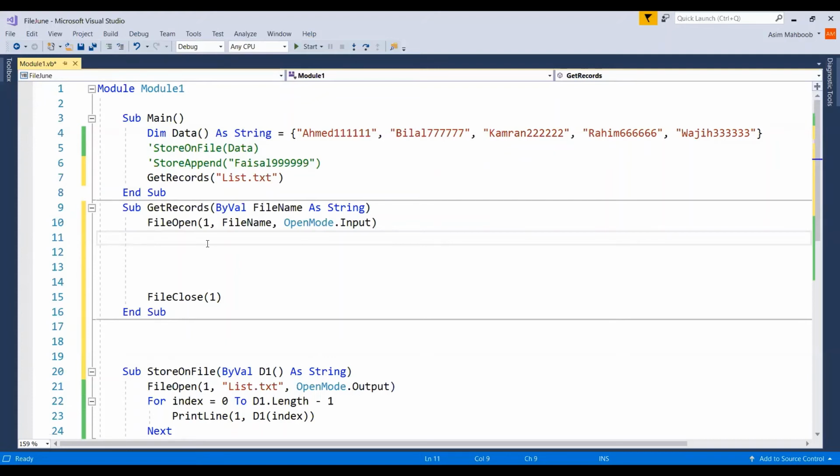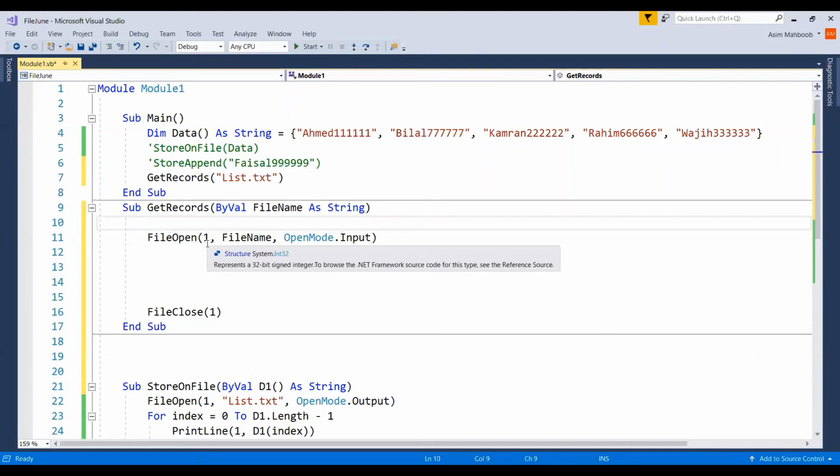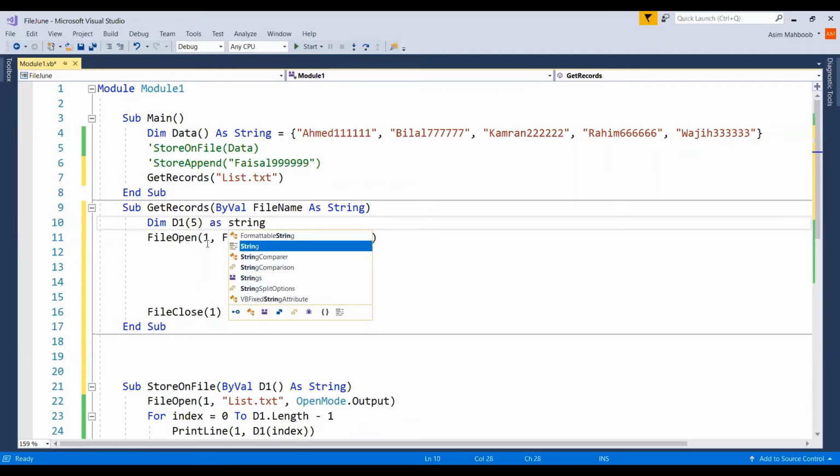So if I want to bring it into an array, what I have to do is I want to create an array, assuming I create an array, and at the moment I know it by default what is the size of the array. It has 5 records. So I'm creating an array of D1 index 5 का मतलब है 6 records as string,